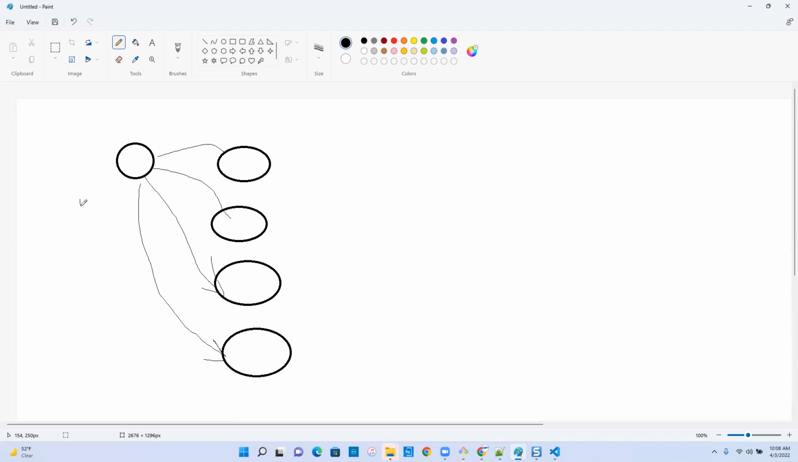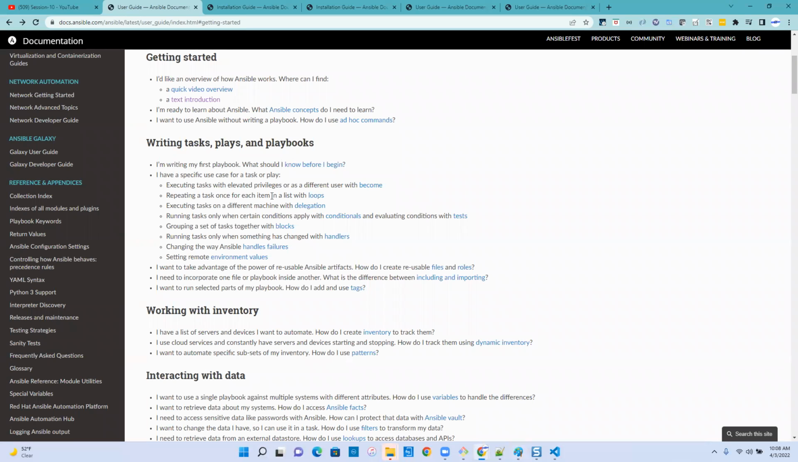And then there'll be an inventory file over here, and we will install Ansible only on this machine. It will talk to these guys over SSH. That is the overall architecture. There might be more, but at least to start with, that is good for us. What we will first do is we will go to